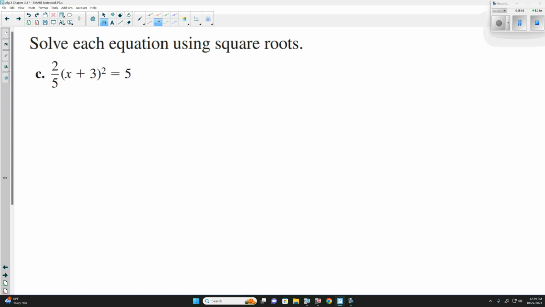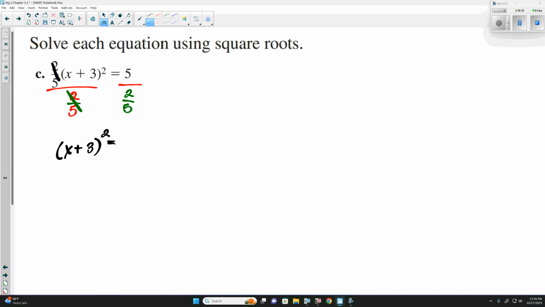The 2/5. So if we wanted to solve this, we would divide both sides by 2/5, and the 2/5 and 2/5 cancel, leaving us with x plus 3 squared is equal to